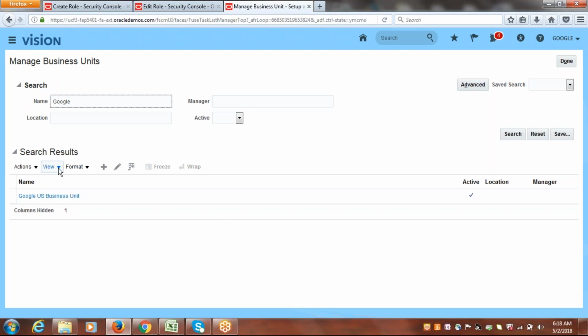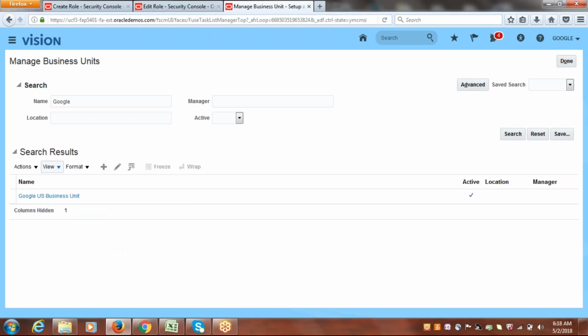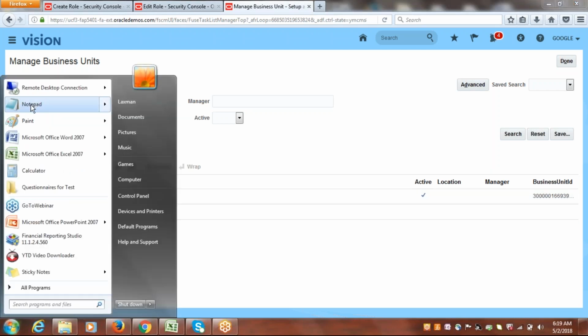Now what we have to do is go to view, columns. So business unit ID is hidden, just select it. Select business unit ID to display here. So this is a BU ID. This ID you have to enter in the role definition if you want to map. Okay, if you want to just hard code that BU ID with a specific role. Here the BU ID is